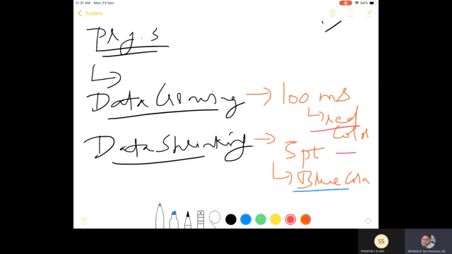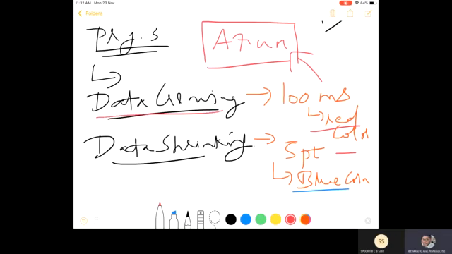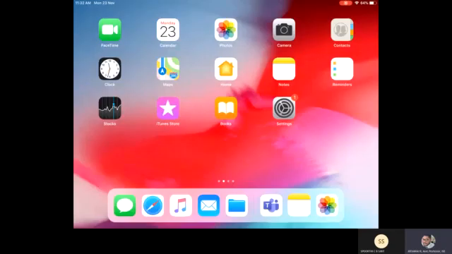What is this data growing? Like if I write Arun, and I go and press with an Arun tab, when it comes to data growing, Arun should appear in red color with growing purpose, that is, increasing font. The font should increase. When I go with data shrinking, pressing with an Arun tab, it should shrink, or the value should go down, with blue color. That is the concept. Are you all getting it? Now I think you have understood the concept.